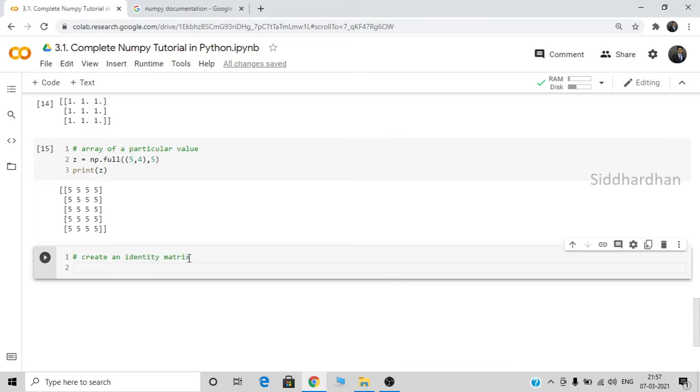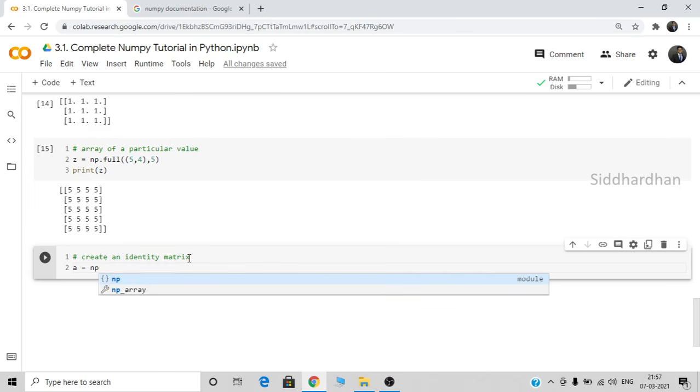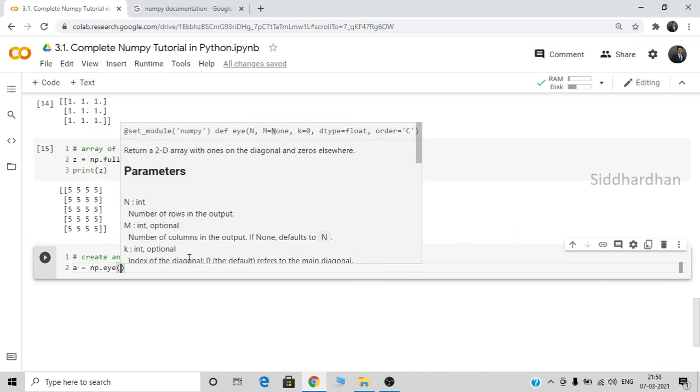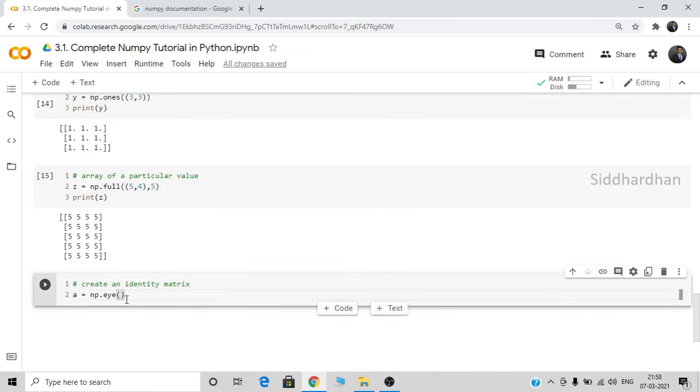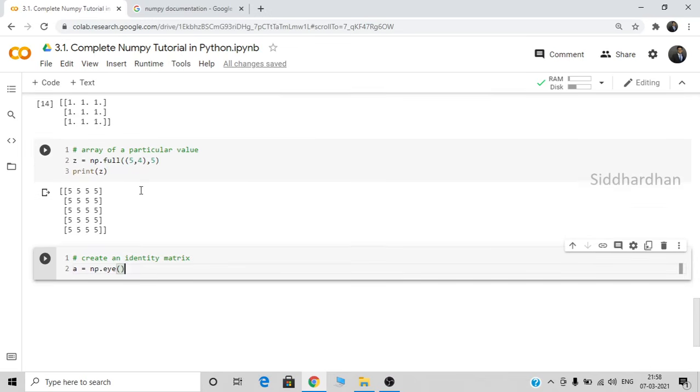We would have studied about this identity matrix in our basic mathematics. This identity matrix means all the diagonal values will have the value of 1 and the other values will be 0. Okay, so this identity matrix is also used in various cases in our programming. I'll create the numpy array as a, and for creating an identity matrix you need to use the function I, so np.I, and in that mention the shape of your matrix. Now you should not mention the number of rows and columns separately, because an identity matrix has the same number of rows and columns. So we cannot have an identity matrix of 5 comma 4 array,